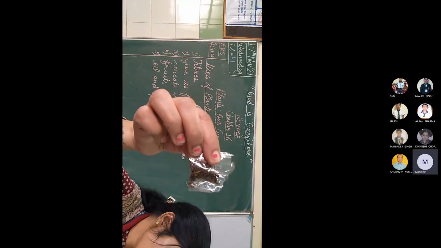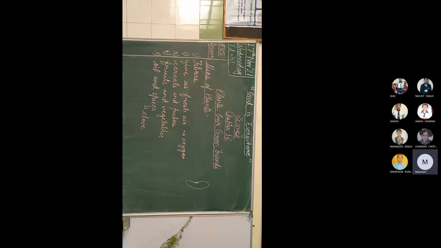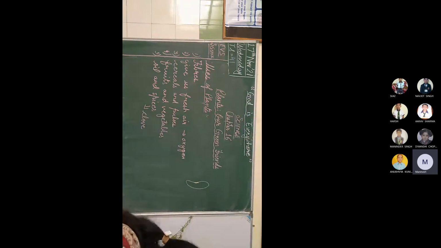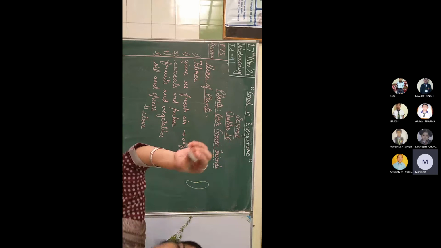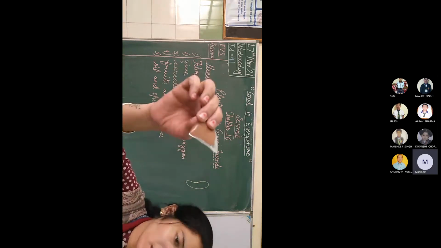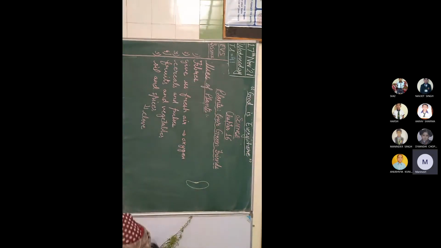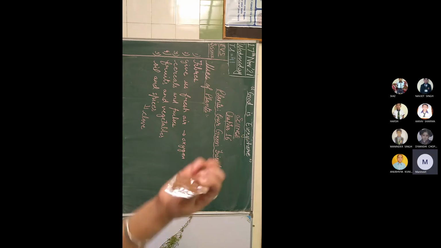Have you seen all of you? Yes. You know that your mother uses it in the kitchen? Okay. Yes, ma'am. And I'm having one more thing. This one. I know that you can't recognize it, but if anyone can try. Very good. It is coffee. Coffee we get from coffee beans. Coffee beans are crushed and they make it in the powdered form, which is known as your coffee. Okay, this is your coffee I am having.